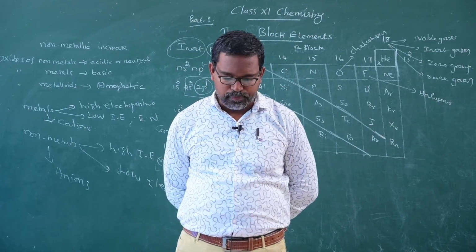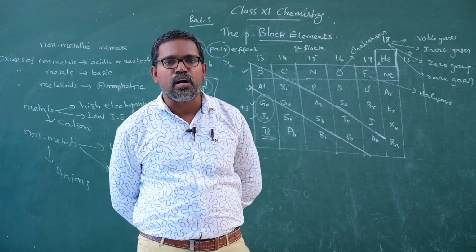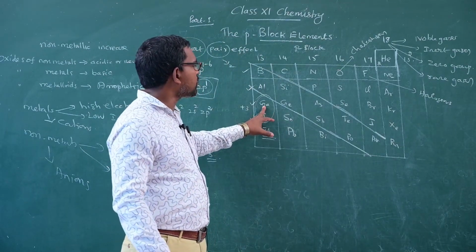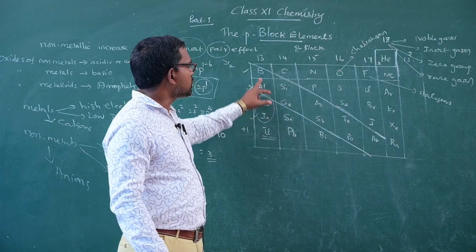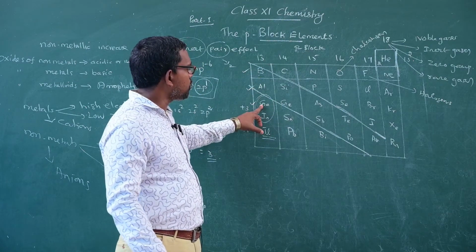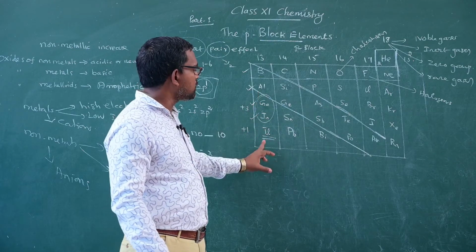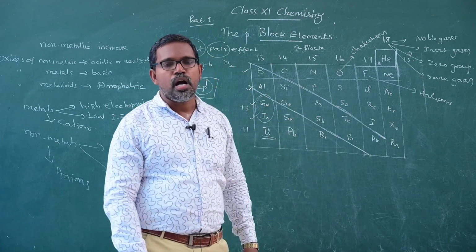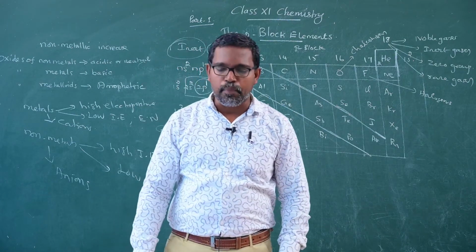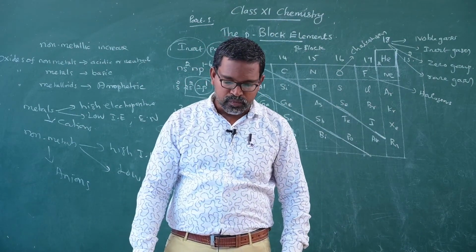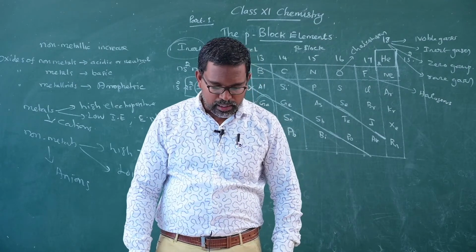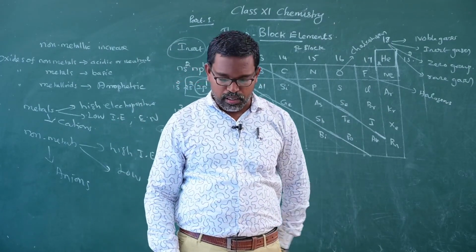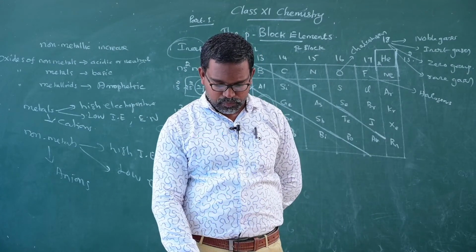Then the reactivity. Due to the availability of d orbitals, I already told you, d orbitals in the fourth period. So this is the second period, third period, this is the fourth period, fifth period and sixth period. These elements mostly consist of d orbitals, which are highly reactive compared to the elements in the second period and the third period of the periodic table.